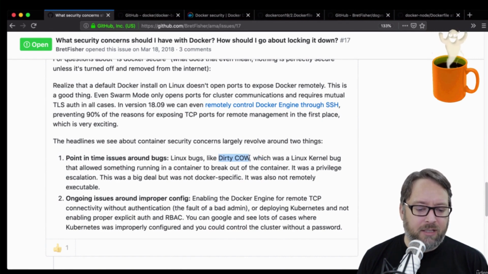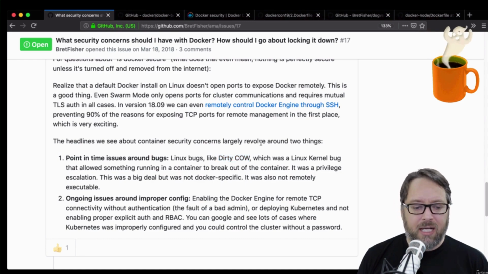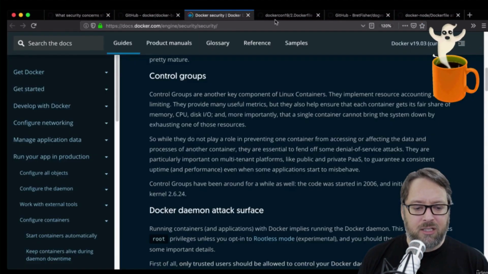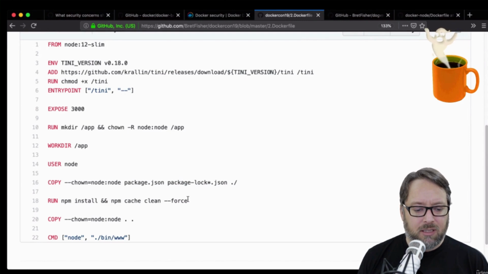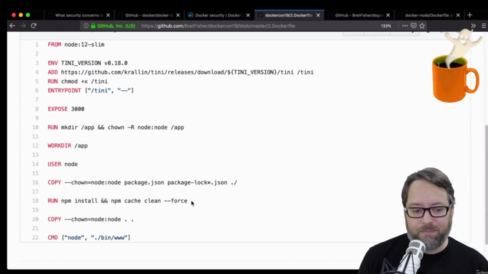Dirty Cow. Dirty Cow was a vulnerability in Linux that allowed you to get out of a container, right? And the changing of your user right here wouldn't necessarily solve the entire problem, but it certainly didn't hurt that problem. Other vulnerabilities it would probably protect against.